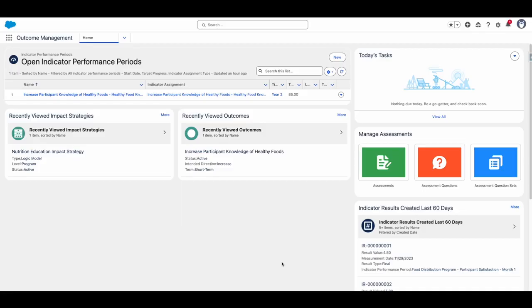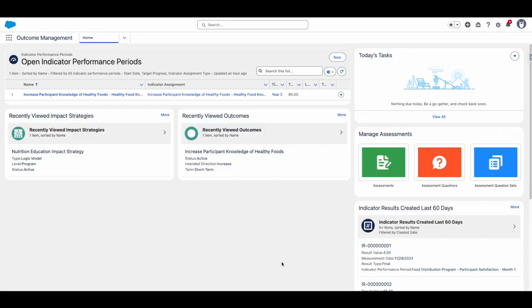Salesforce's Nonprofit Cloud. While the Nonprofit Cloud has many amazing features to work with, like fundraising, grant making, program management, and case management, the one that we're going to focus on today is Outcome Management. Outcome Management is an impact measurement tool for you to define, measure, and evaluate your organization's outcome strategies. With it, your organization will have a better time assessing the impact or the meaningful change that your organization has